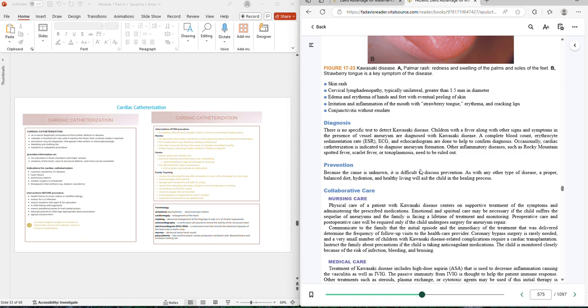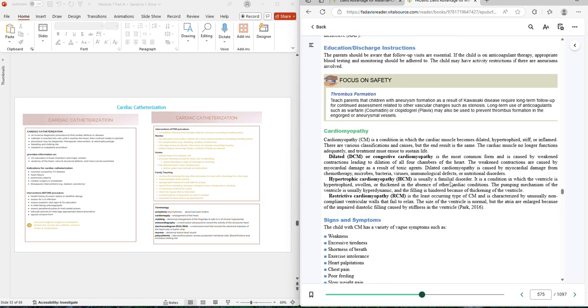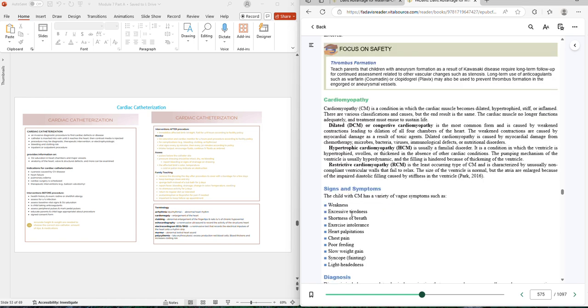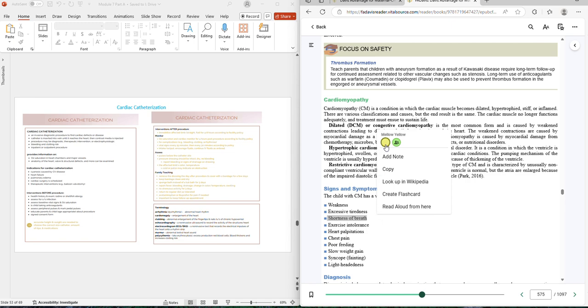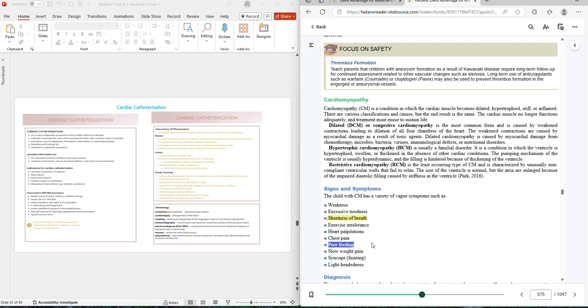Let's look at cardiomyopathy on page 575. It's when the cardiac muscles become hypertrophied, dilated, okay? Make sure you read through that, understand that. One thing I want you to remember about the cardiomyopathy in children is they get short of breath, okay? They get short of breath, and they are poor feeders, all right? Because of that hypertrophy or stiff muscles, okay? Their heart is not contracting as it should because that myocardium is damaged,